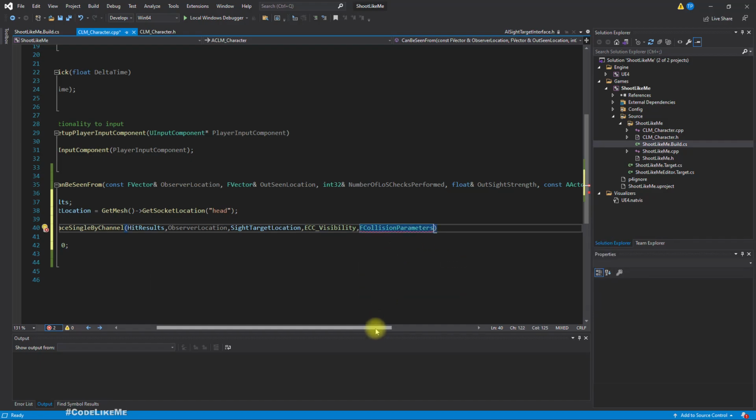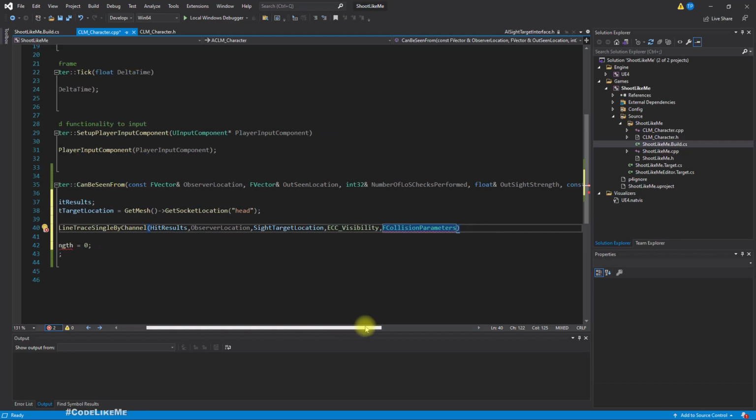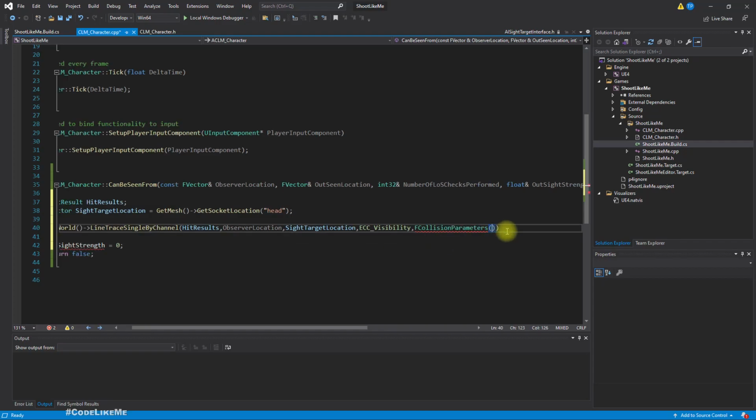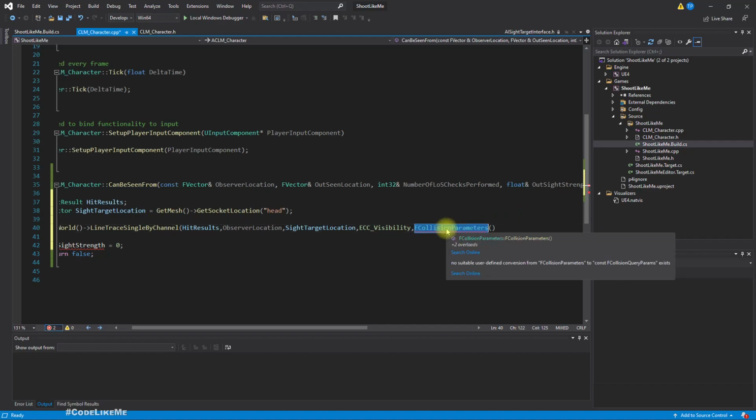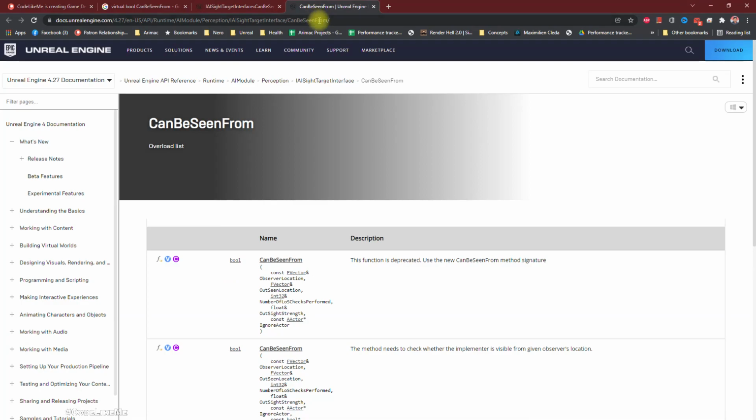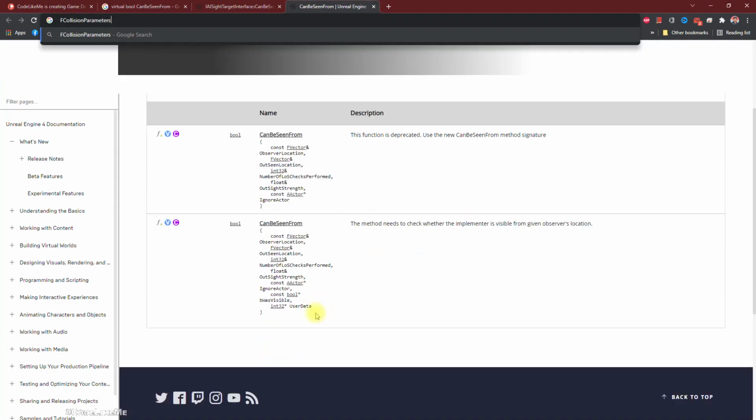Actually, yeah, this will create a new collision query parameter object. Here, first thing we need to do is, there are two overloads. We need to give the, let me do a quick Google search. Here we have